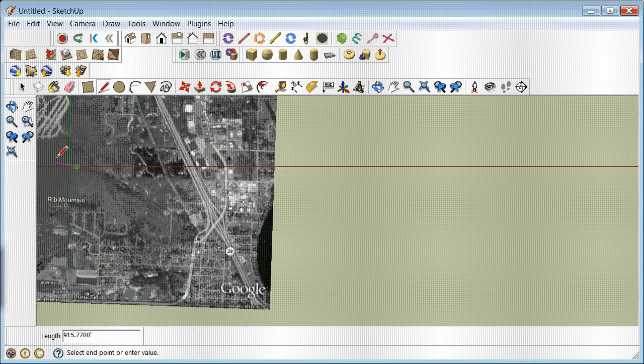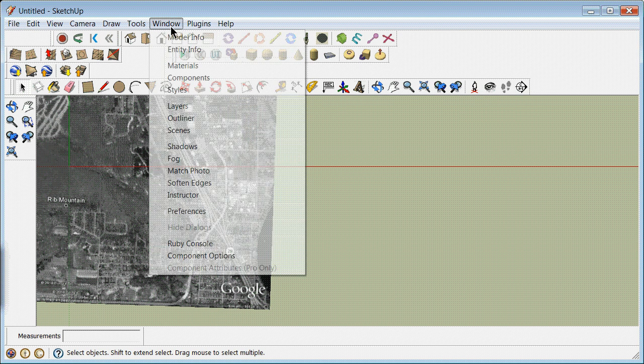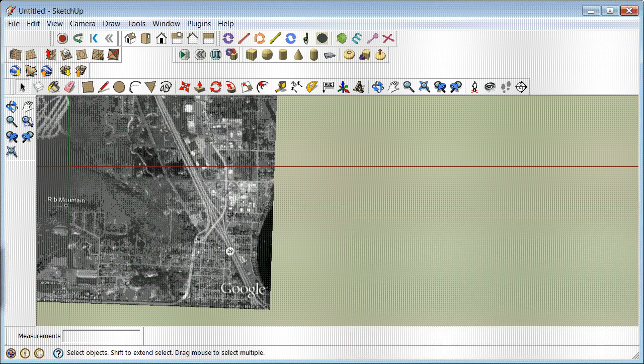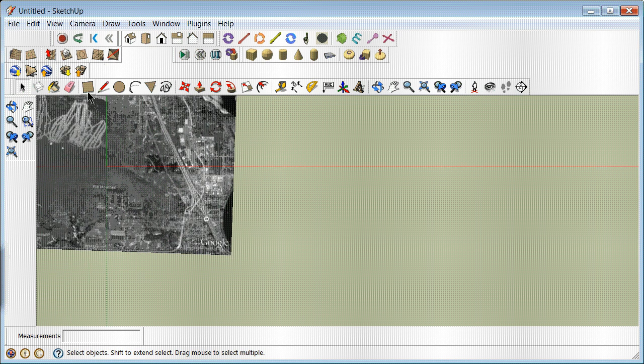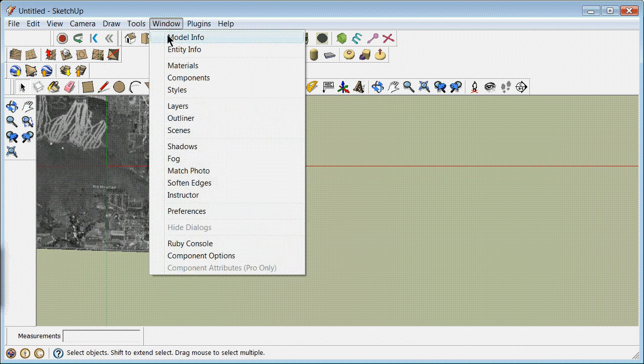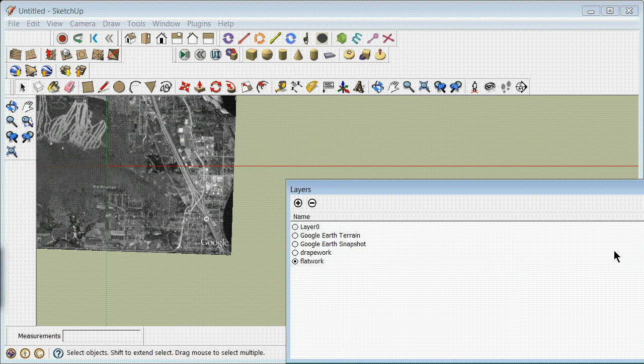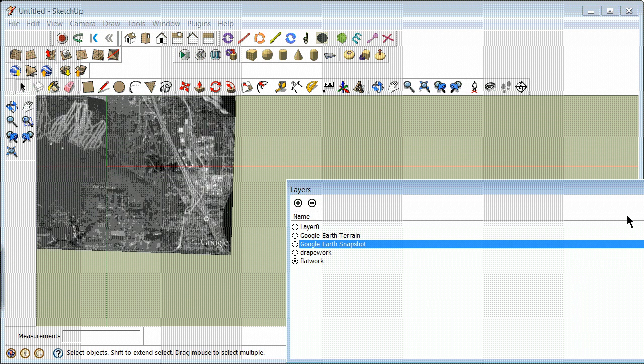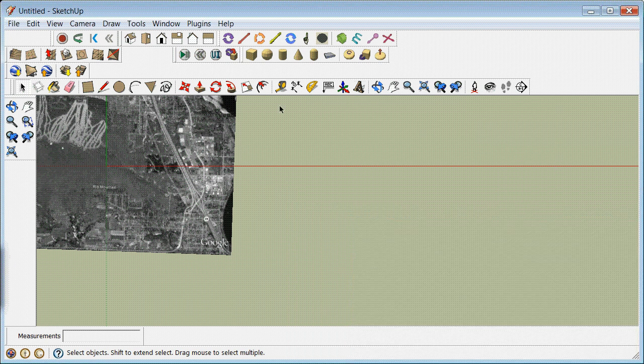I'm going to take it all the way up to the top now. Now I have to double check what layer I was on when I was drafting, and that layer on Flat Work makes it pretty easy now, because now if I go and turn on my window, layers, and turn off the snapshot, I have my work that's there. I'm going to now turn on the drape. I'm going to turn on the Google Earth terrain here and take you out there. I'm going to show you